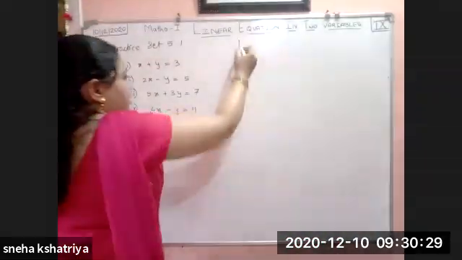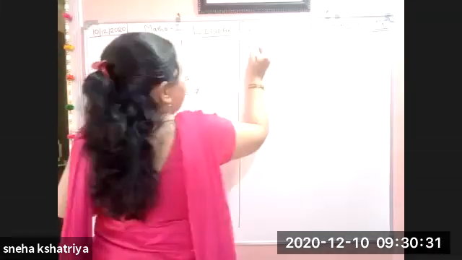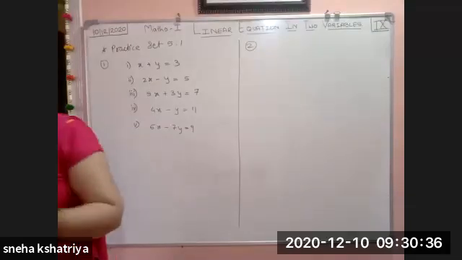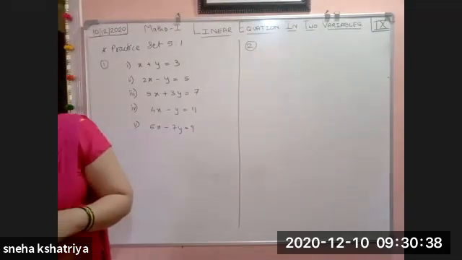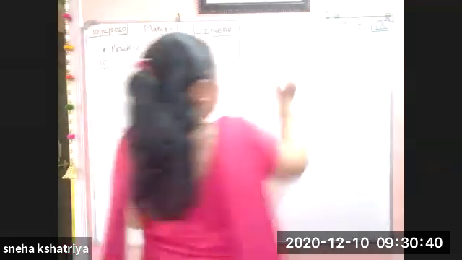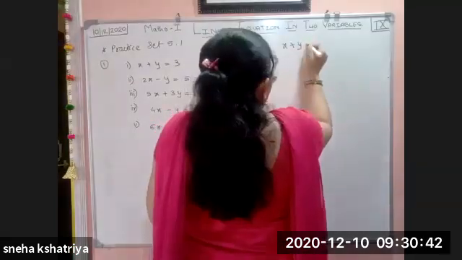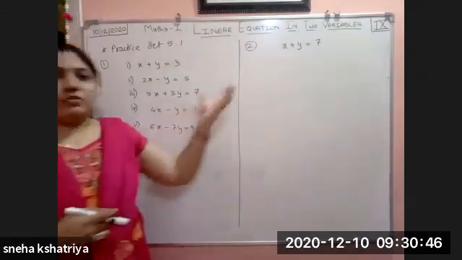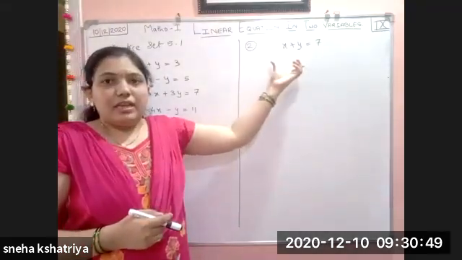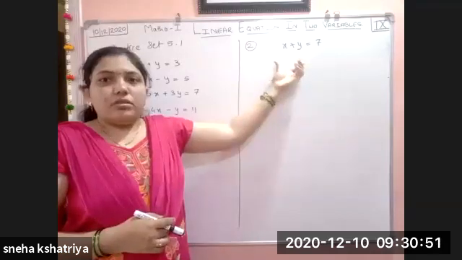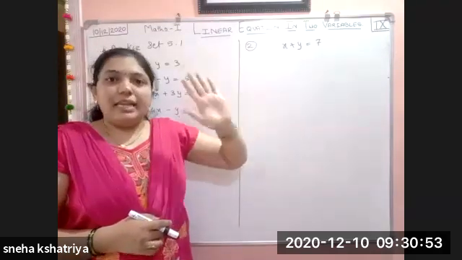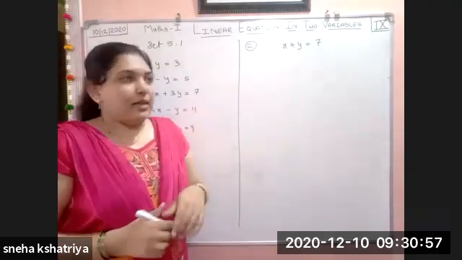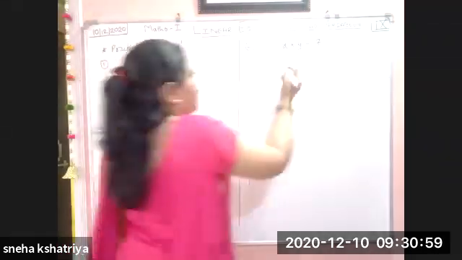Now we will see the second example. First and second examples are very easy. You don't have to think about them a lot. Write 5 solutions of the equation x plus y is equal to 7. They have given that x plus y is equal to 7 is a linear equation whose 5 solutions we have to write. Any 5 solutions. Only 5 you have to write, not more than that. Okay. So we can write down.